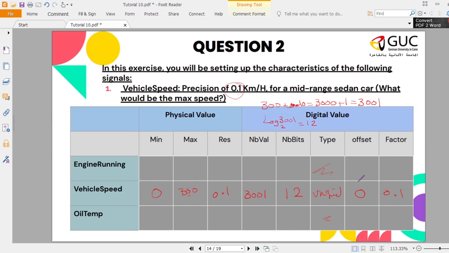No, it didn't say anything. So our offset is 0, and the factor, as we said, is the fancier word for the resolution in the digital value. Okay, cool. Next,